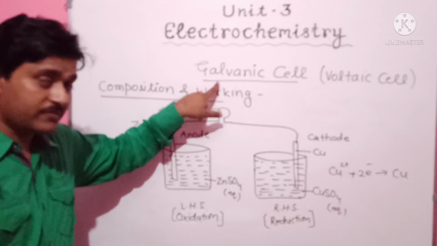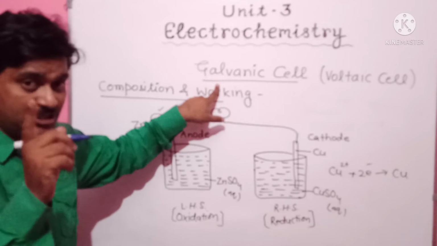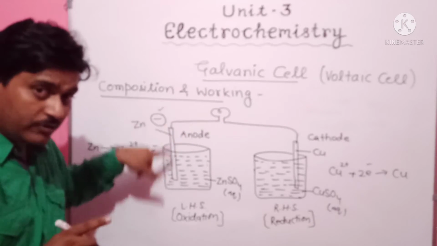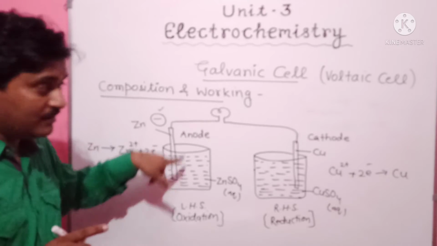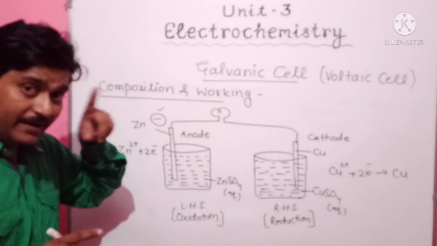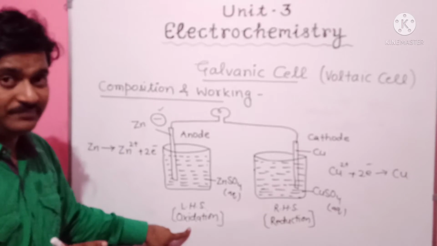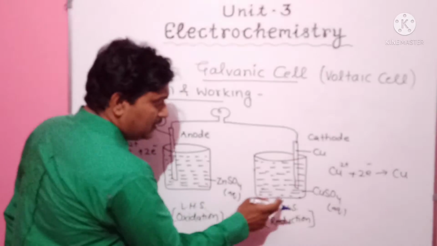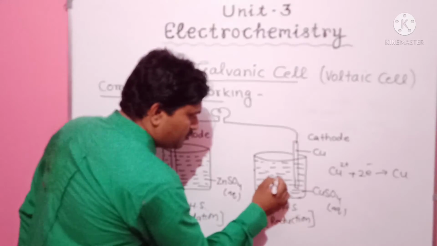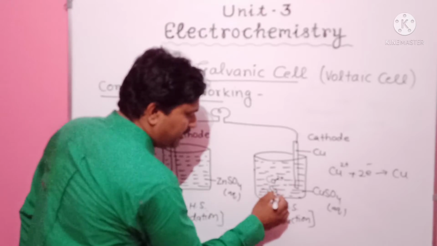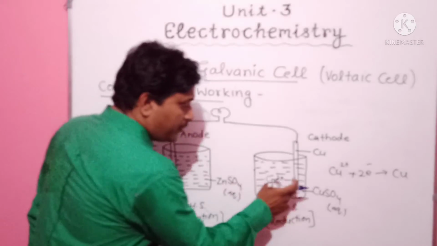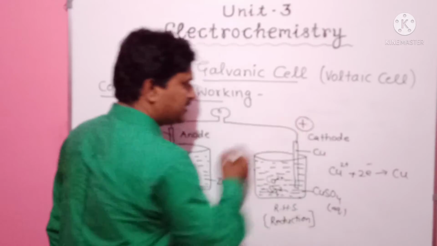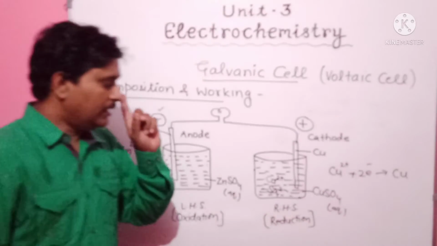Okay, in context with the galvanic cell, remember always, what is the anode? The negative terminal of the cell is called the anode, at which oxidation occurs. Just opposite to it, what is the cathode? Here copper sulfate dissociated into copper 2 positive ions and sulfate 2 negative ions. So here copper 2 positive ions are present, so at this electrode positive charge is there.